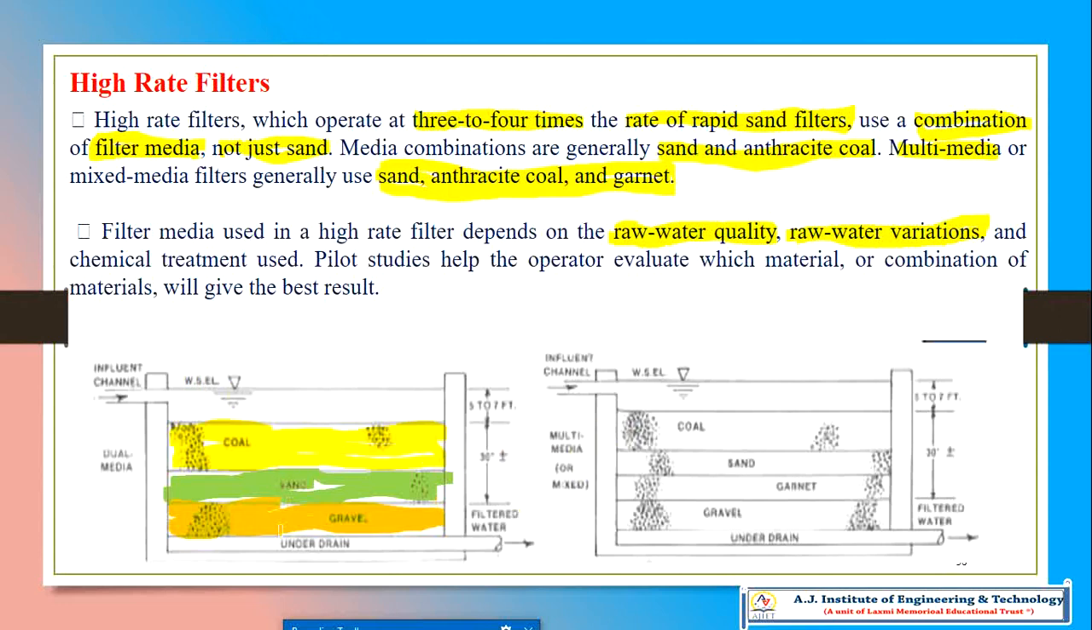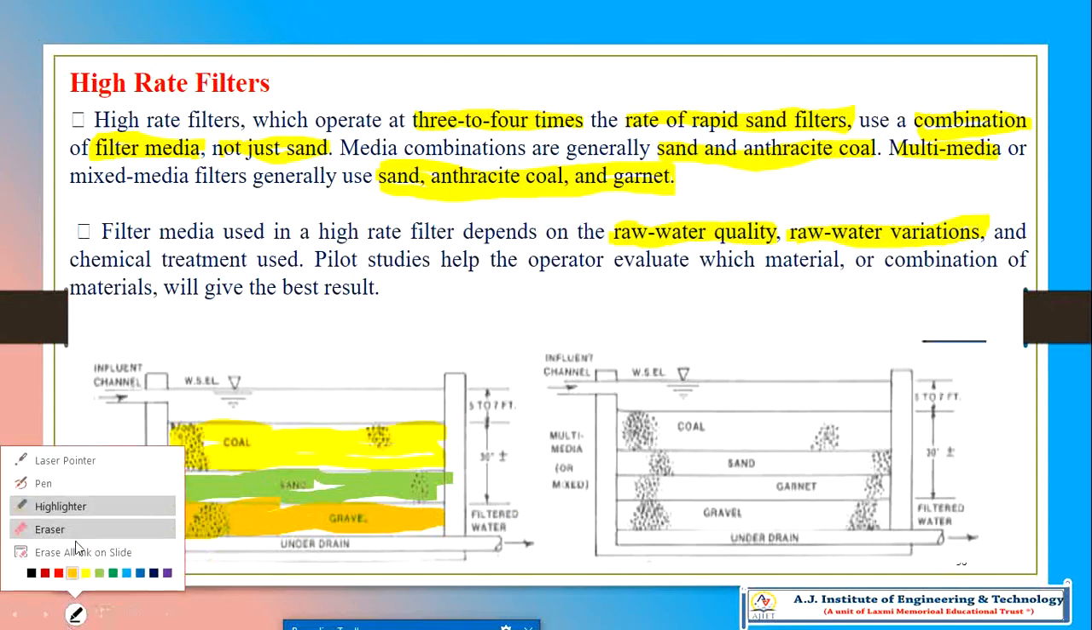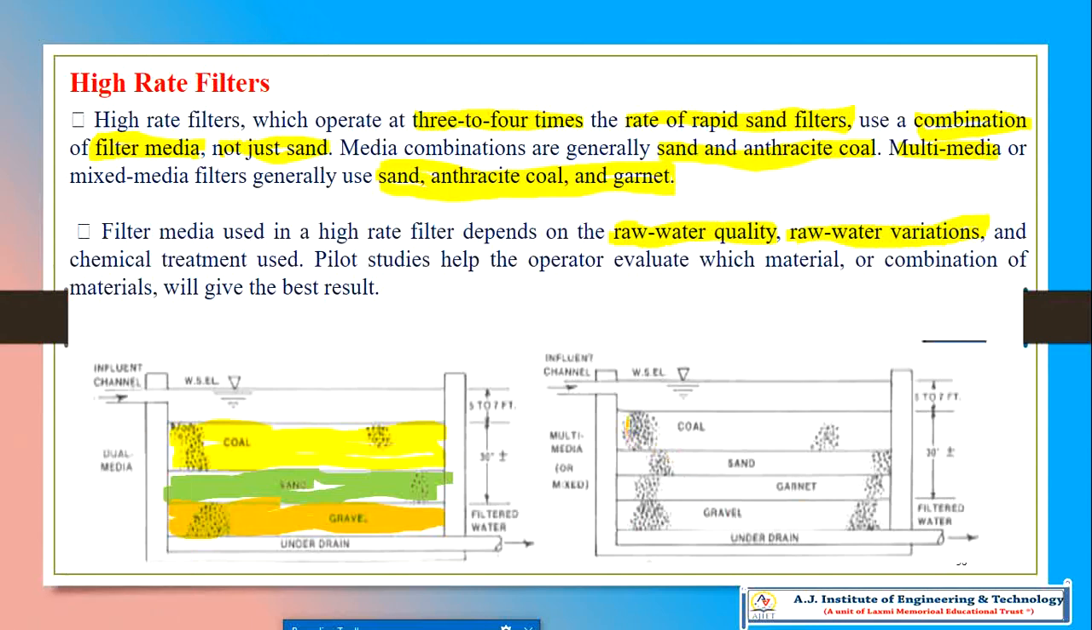There will be 3 layers. This is also a high rate filter. There will be another one, a 4 layer will be there. See here, you can see one is coal, and another one is sand. This is coal, and another one is sand, and one more is